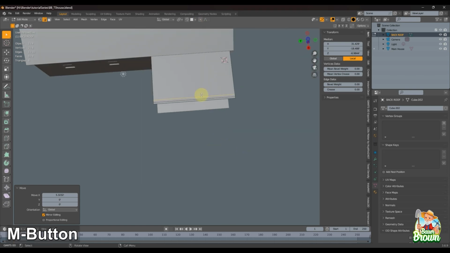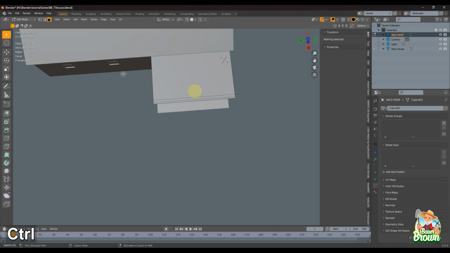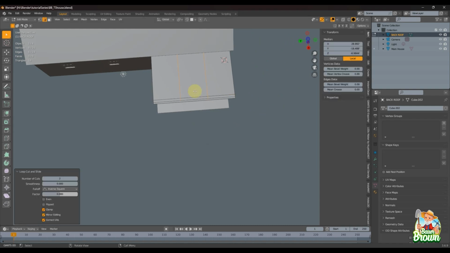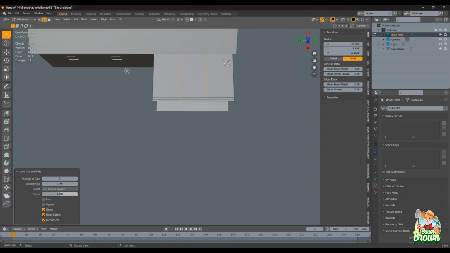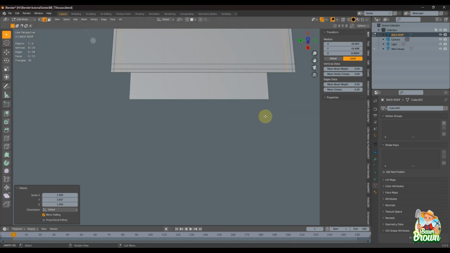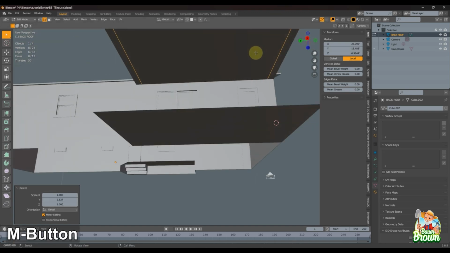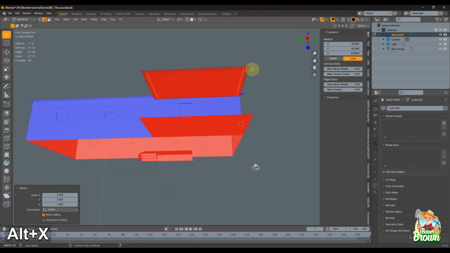All right. So back up here, I'm going to loop cut this like that. And I am going to scale that on the Y axis. I'm just going to bring it out close to the edge, kind of like that. And I'm going to do that one more time. Two cuts, scale it along the Y axis. All right. So the whole thing that I was after there,